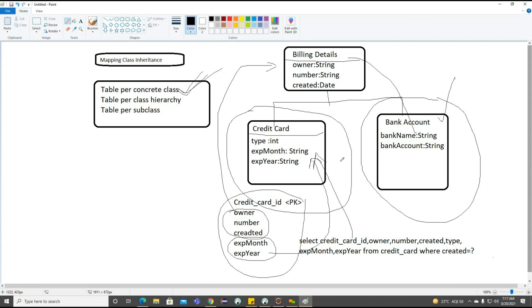This query is related to credit card here. Now we want to define one more select query to work on our bank details here. Getting the point? Because the table is different here. Whenever the table is different, we need to write one more query because these two tables don't have any relation here.